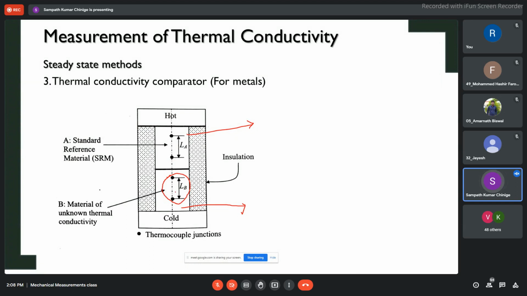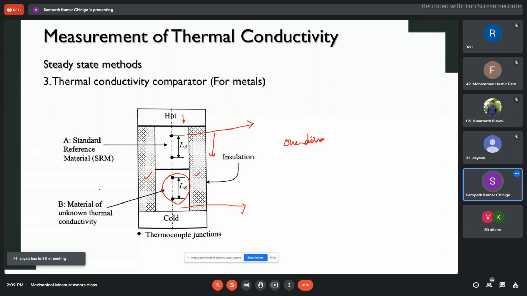You are not varying the cross sections, and heat is allowed to flow from one direction to the other by suitable packaging of insulation. You can see here there is insulation, there is a hot plate, and the bottom is maintained at a cold temperature. So whatever heat I am giving, it is only transferring in one direction. From the front and the back it is insulated. Only from top to bottom heat will transfer, so I am trying to get one-dimensional heat transfer.